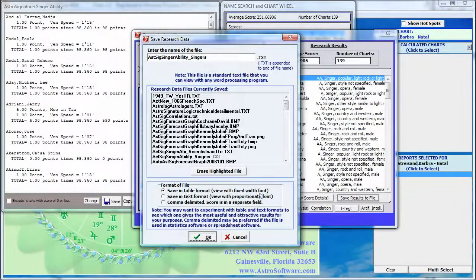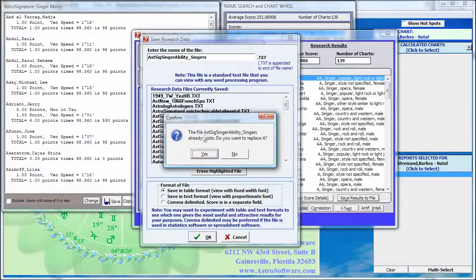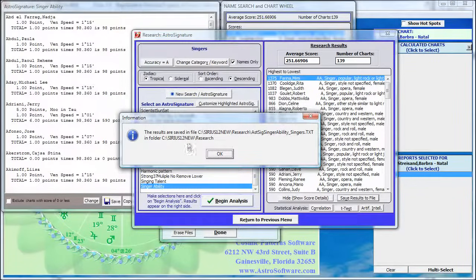For format, I'll just accept the default format, save in table format, view with fixed width font. I can save it as a comma delimited file, etc. I got some other options. So I go ahead and I save that. I had made this file before giving this tutorial to practice what I was going to say, and I already saved it. So do I want to replace it? Yes. And then it tells me the results are saved in